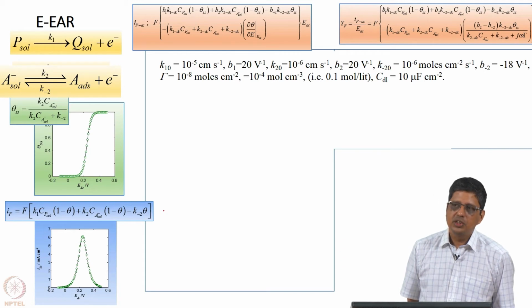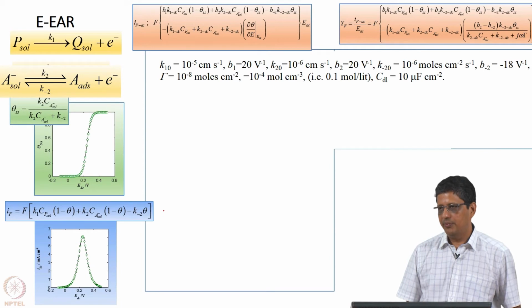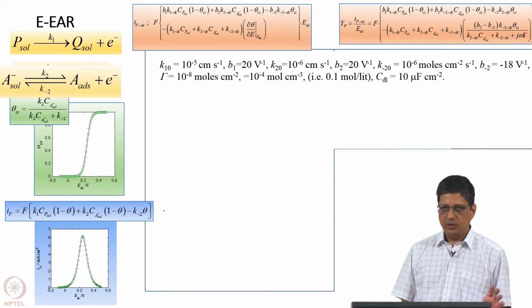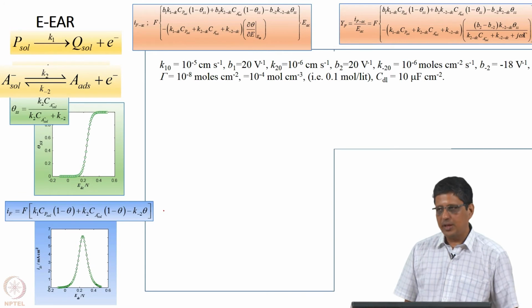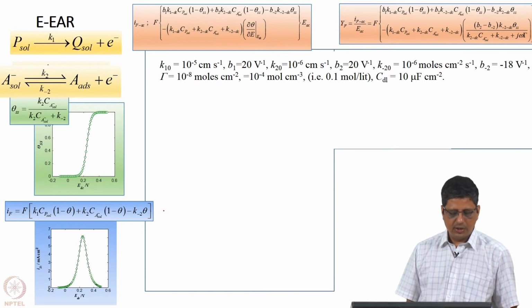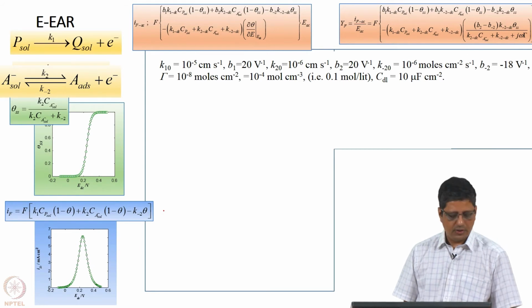Okay. Of course, when it goes to negative values, P going to Q is going to be a reversible reaction, unless there is no Q in the solution at all and we are taking it out as soon as it is formed. If you have both P and Q in the solution, you will have to consider the reverse reaction also. Right now we are not considering it, we are going to say we will go from 0 to positive values and look at it. Current goes from 0 to a peak value and then comes back to 0 value or close to 0 value.